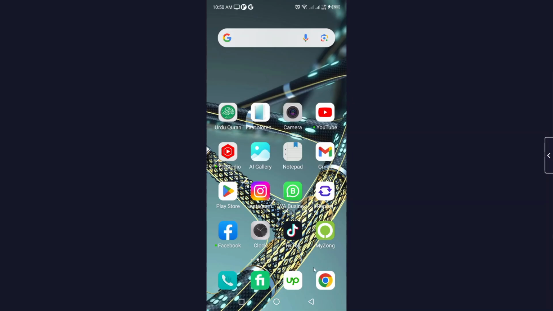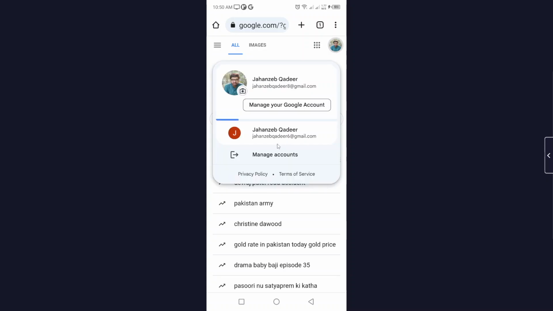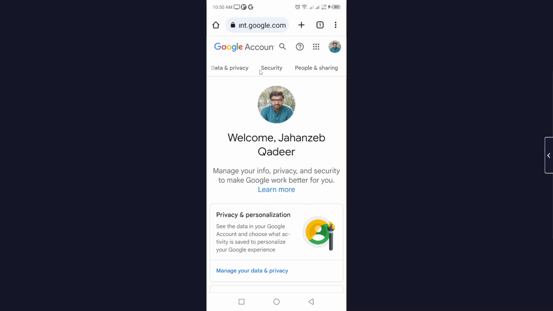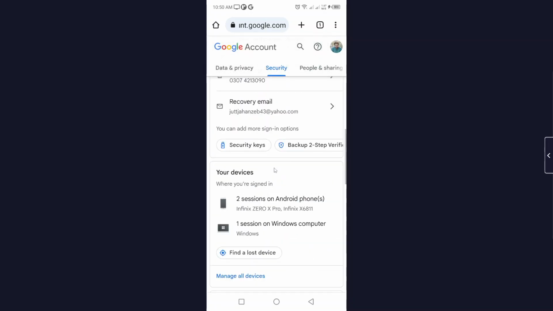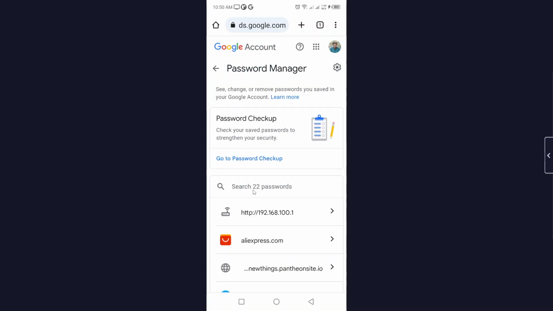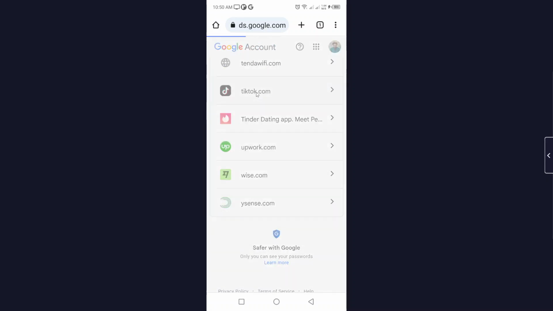So the first step you simply need to do is to open your browser, click on your profile picture on the top right and click on manage your Google account. Here you need to scroll and click on security. Then you simply need to scroll down and in the bottom you can see password manager. Click on that option, scroll down again. Here you can see TikTok. Click on that option,